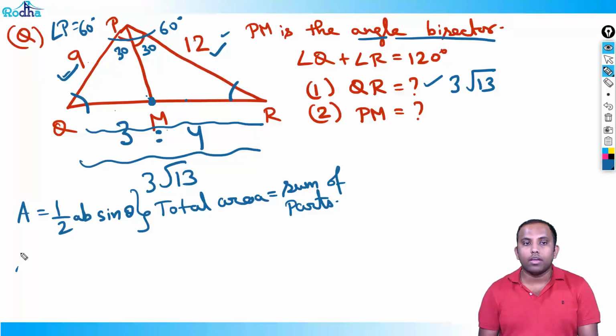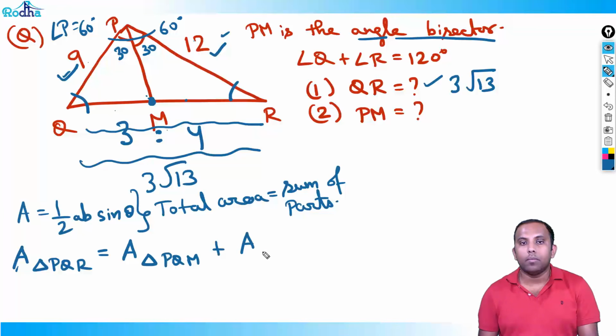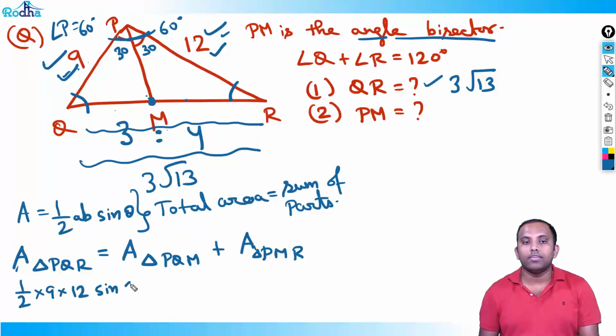That basically means area of triangle PQR is equal to area of triangle PQM plus area of triangle PMR. What is area of triangle PQR? Half AB sine theta. So half into 9 into 12 sine 60 degrees is equal to the area of triangle PQM